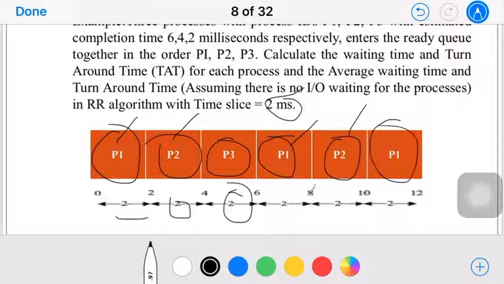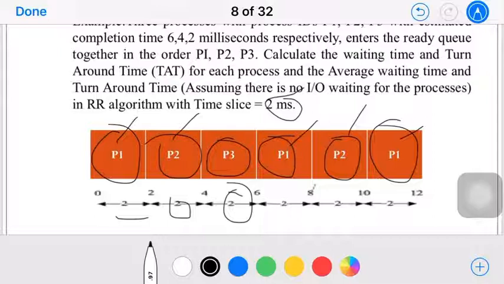So again a chance of P1. So total P1 also got over with 6 milliseconds. So all the process is done the executions, with the time slice of 2 milliseconds each, round robin fashion. Understood? So first P1 got 2 milliseconds, then P2 got 2 milliseconds, P3 got 2 milliseconds, then again come back